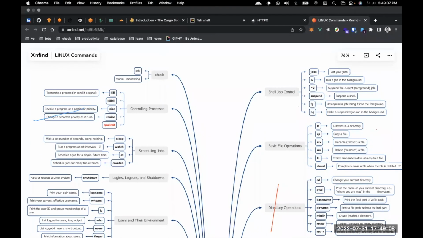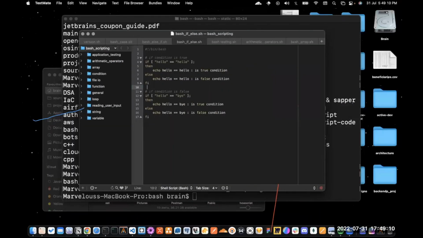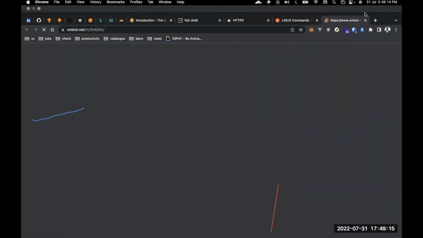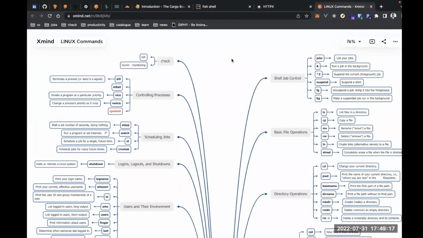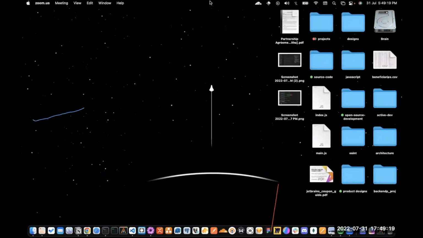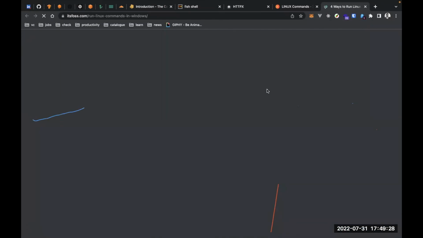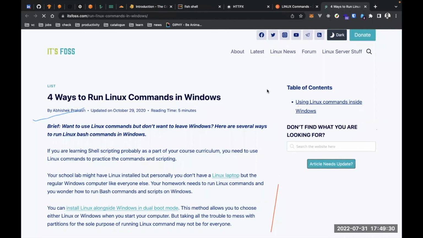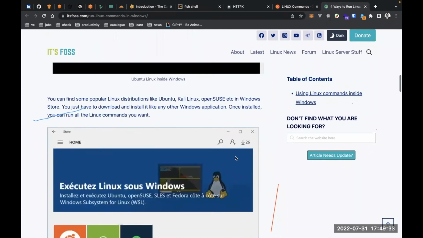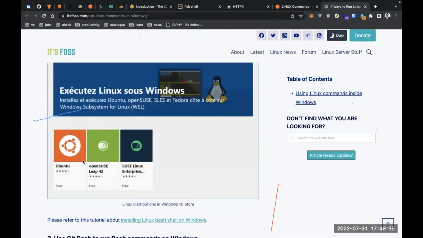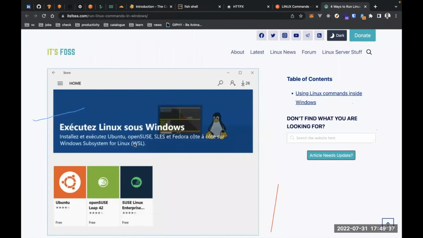And if I should go ahead and open up the link shared with you, so on Notion, which I'm trying to get now, well, we lost it already. Okay, yeah. So if I should open up the initial blog, you see that there is a way to set that up. So from this blog, you can actually set up Ubuntu directly on your Windows. So please go ahead and check that. Okay, and I'm sure you should be able to do that.